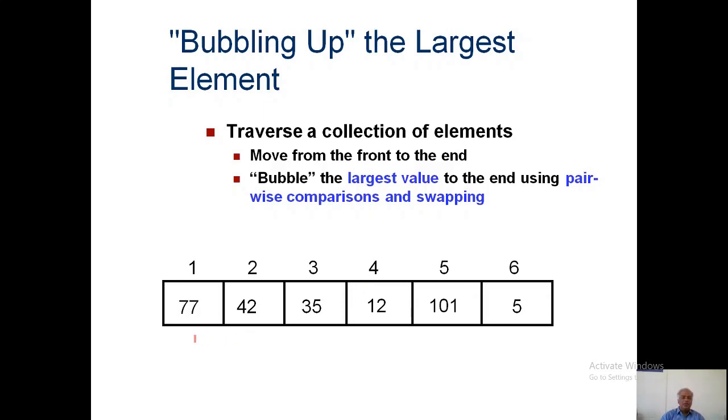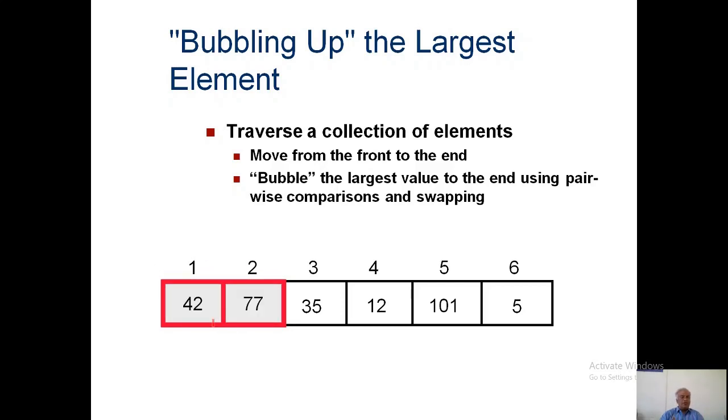First are 77 and 42, the first and second elements. It needs to be exchanged. Why? The first element is 77 and the second is 42, so the first element is a lot bigger. What is our condition? The first element must be less, and the second must be greater. So you need to swap those two elements.